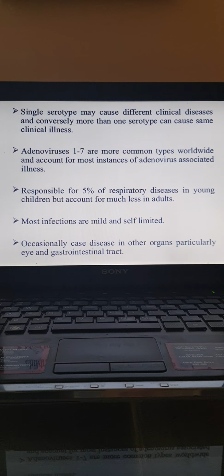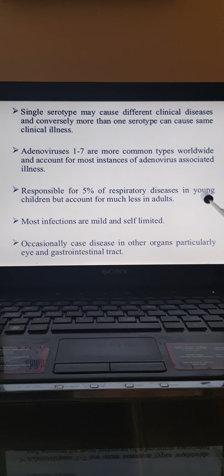Now, it has so many serotypes, but a single serotype may cause different clinical diseases. Similarly, more than one serotype can cause the same clinical illness. Adenovirus types 1 to 7 are more common and more predominant worldwide, and they contribute to 5% of the respiratory